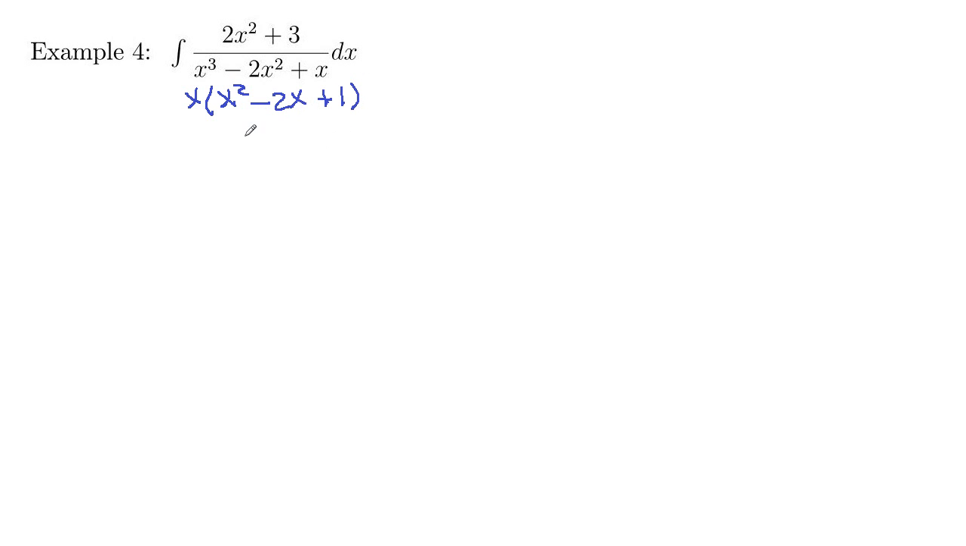And then this will FOIL backwards. x and x, factors of 1 that add up to -2: -1 and -1. So that's x minus 1 squared. So